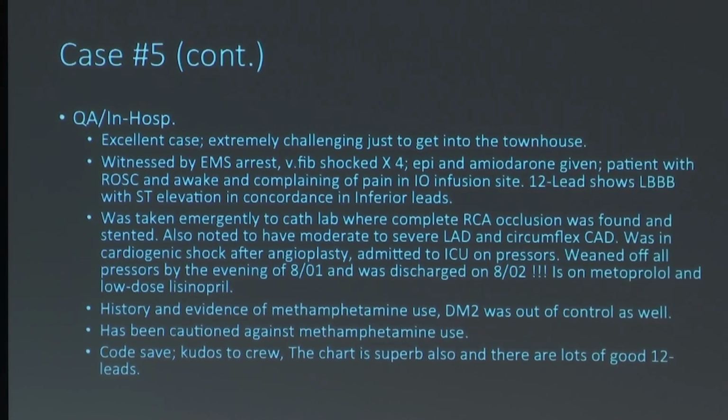So, I'm not sure what I'm more impressed by: getting access to the patient or picking out that this was a STEMI, with a wide complex tachycardia with concordance. The patient went emergently to the cath lab where she had a RCA occlusion, complete RCA occlusion, and she was